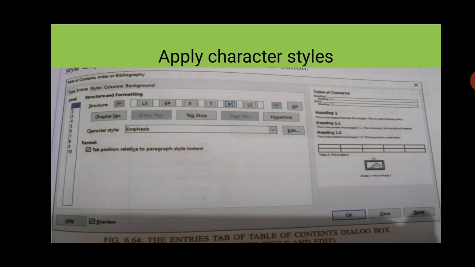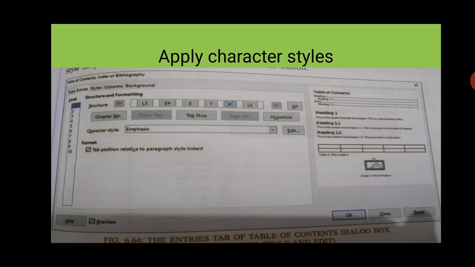If you want to update or delete the index, then just right click anywhere on the index and click on the update index or delete index option. Next, how can we update a table of contents? If you want to change or update the table of contents, then just right click anywhere on the TOC, as you know, table of contents. The context menu will appear. You choose update index from there. Then you go directly to the index option and can update.